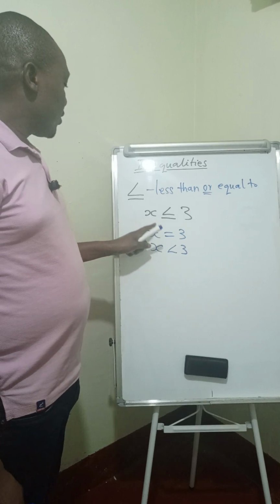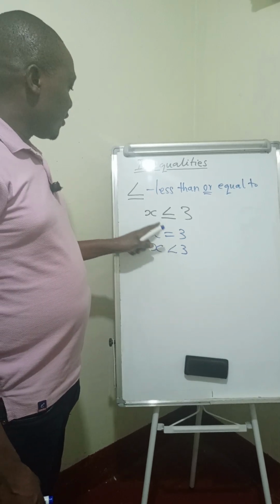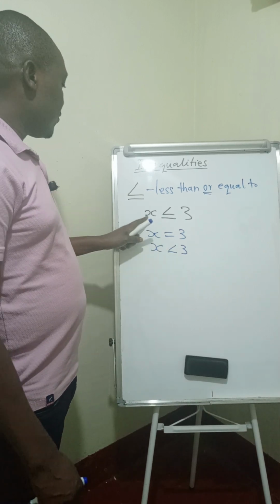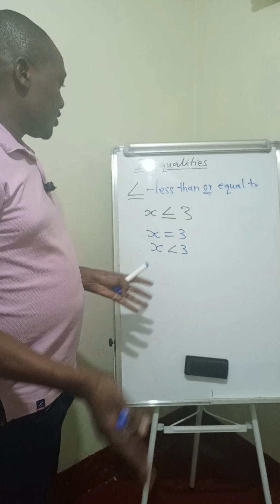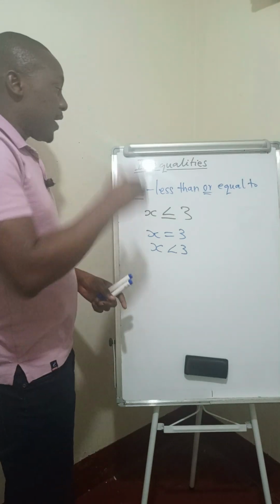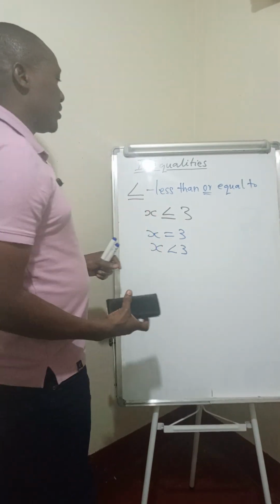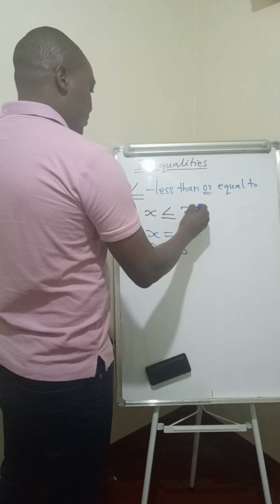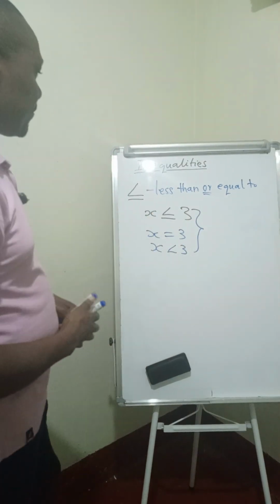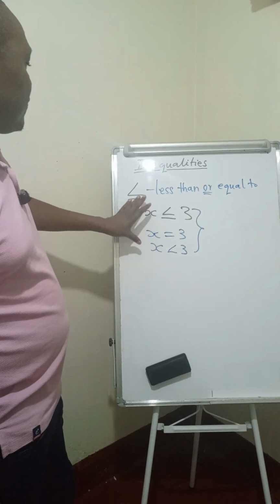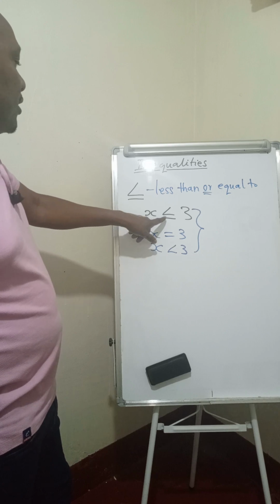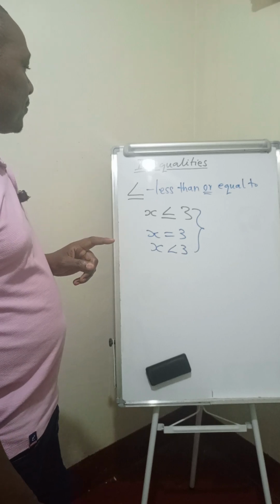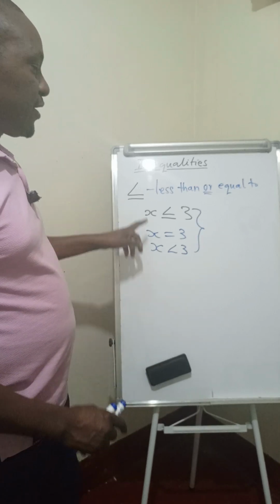For example, the value of x can be 2, 1, 0, -1, and so on. Now, I want to bring grammar here. If we say that the value of x can be equal to or less than 3, meaning the highest value of x